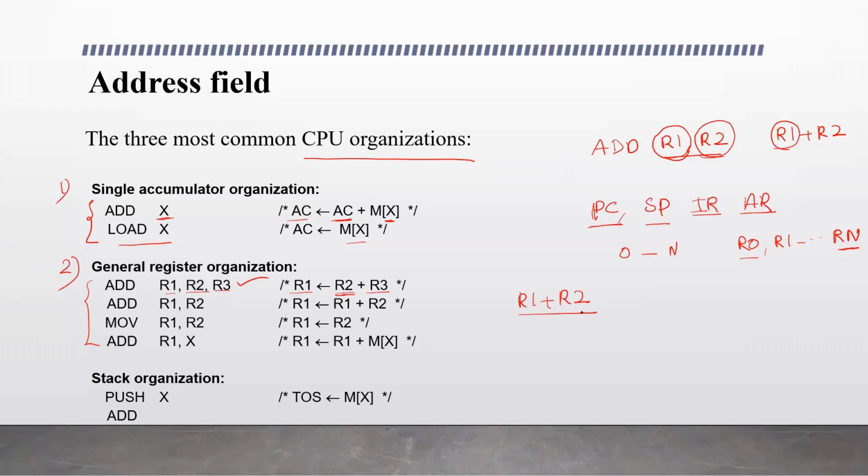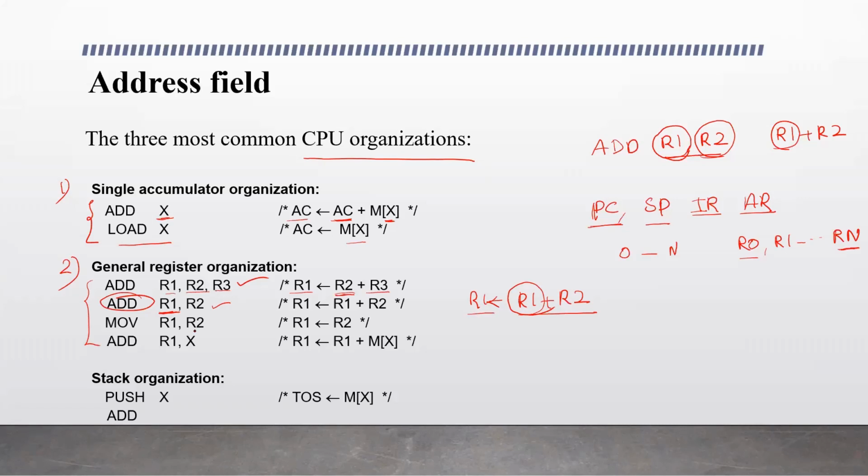This is the operation, and there is no destination register specified in this instruction because it is a 2 address instruction and it is a computational instruction that performs some arithmetic operation on 2 operands. The operands are in R1 and R2, that is added, and the resultant register is not specified. So by default, it takes the first register as the destination register. Here register R1 acts as a source and destination register. The meaning is R1 is R1 plus R2. The content of register R1 and R2 are added and it is stored in R1.